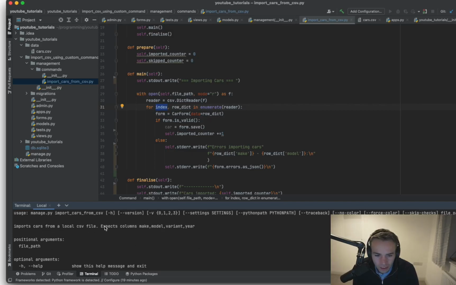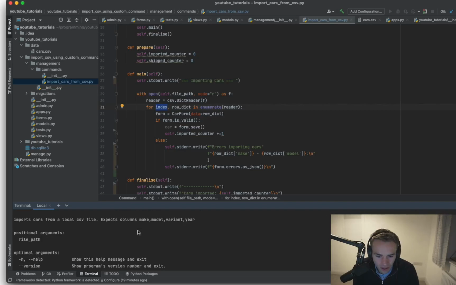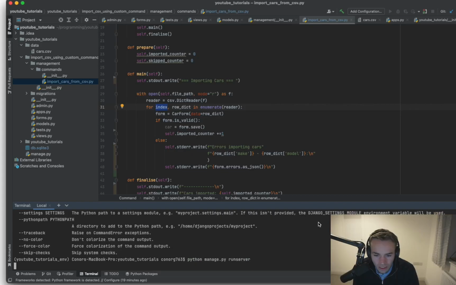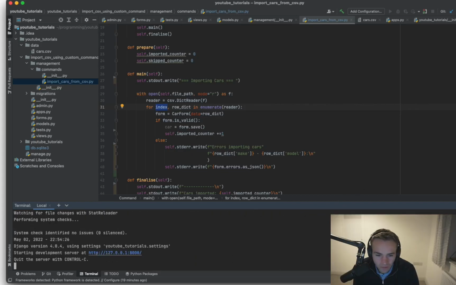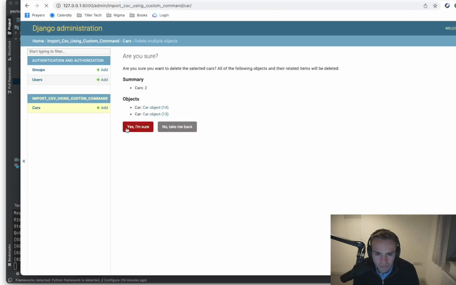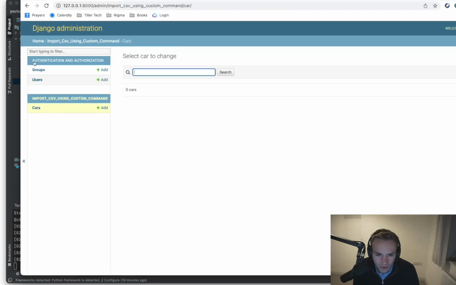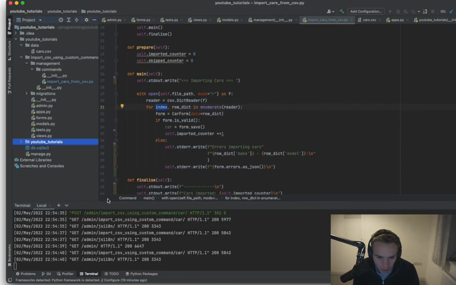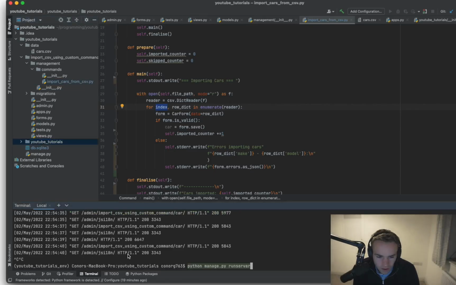So here is just the help, and now what I'm going to do is actually run the command. You can see here, if I just run the Django server, that I've got my database. I've got some data in it already that I'm just going to delete. And now I'm going to go to home so you can see that there's nothing there. So if we stop our server, I'm going to run that command,